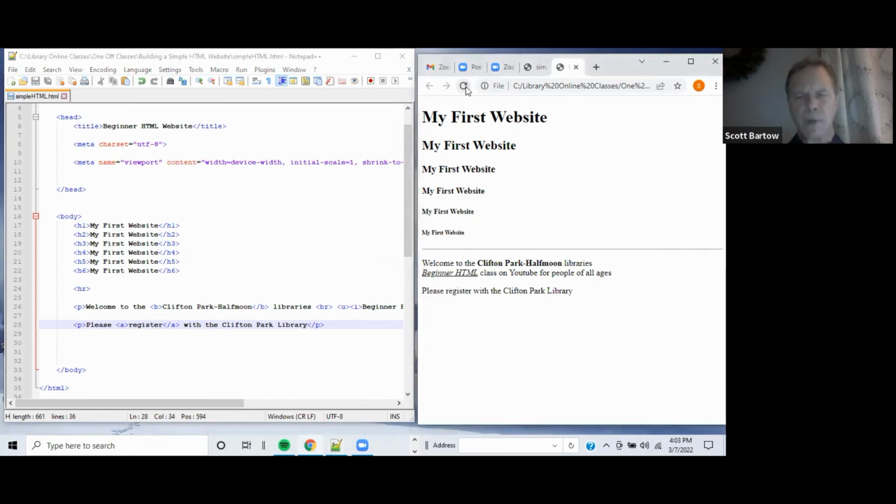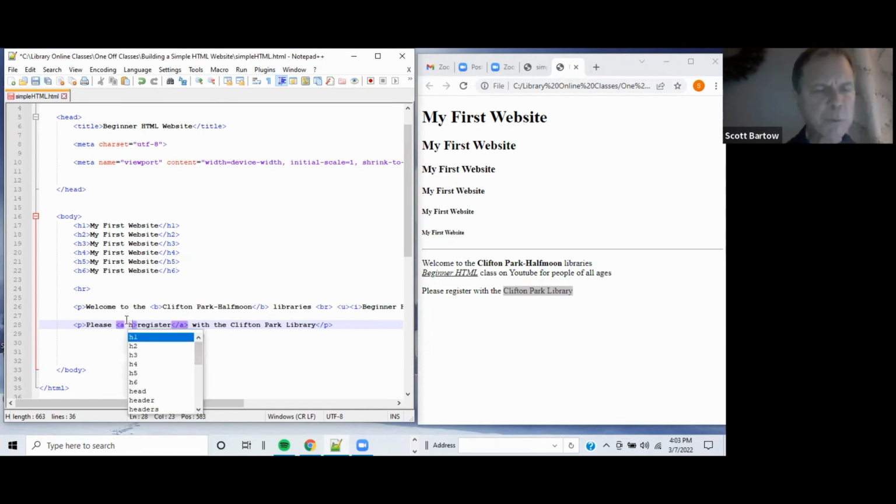All right, save it. Now nothing's highlighting here, but that's because we have to add a couple of attributes to the opening A tag, and one of those attributes is going to be an href attribute. It's going to equal, so href equals